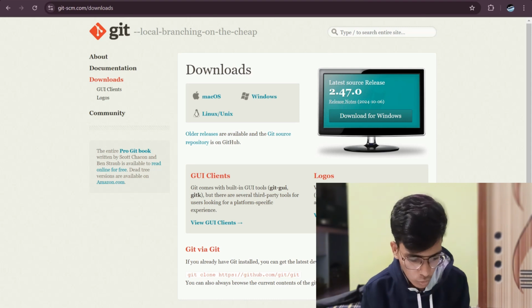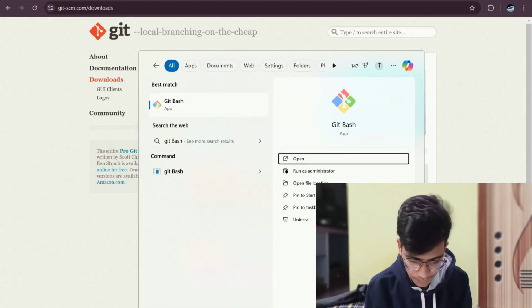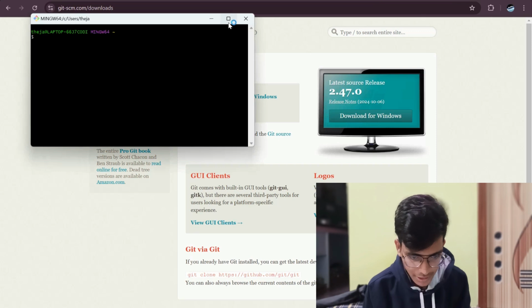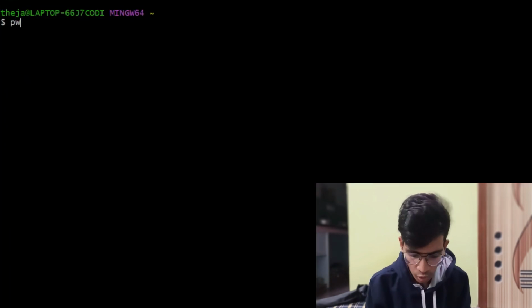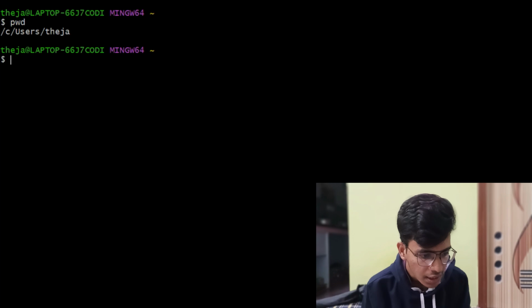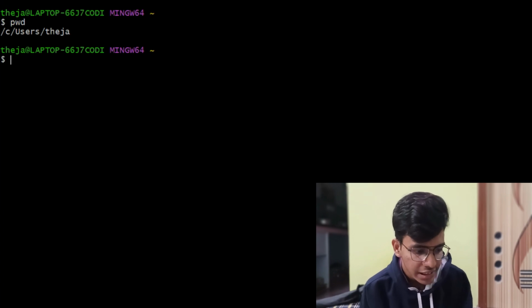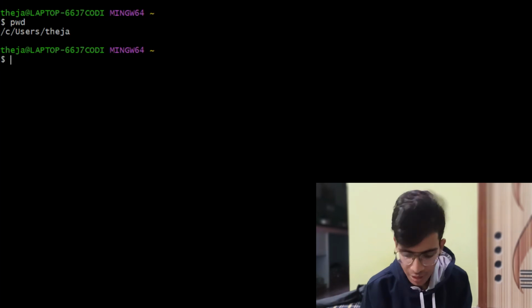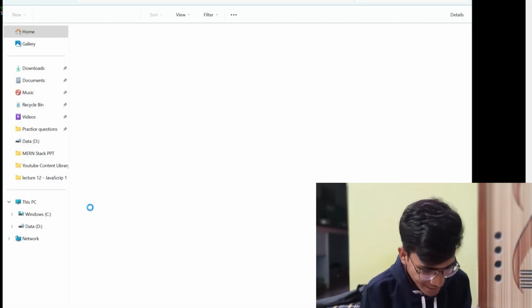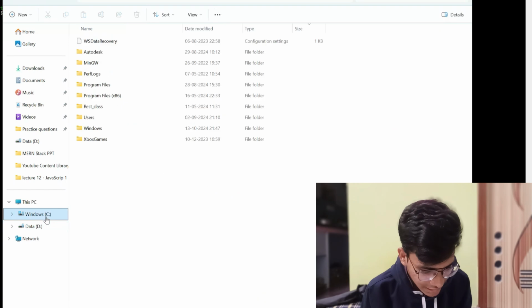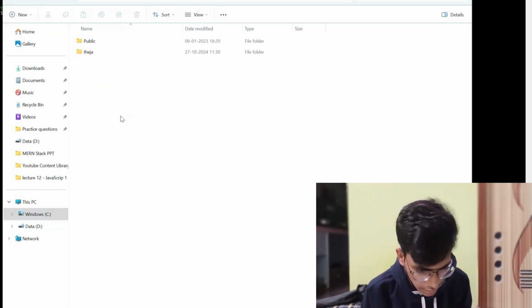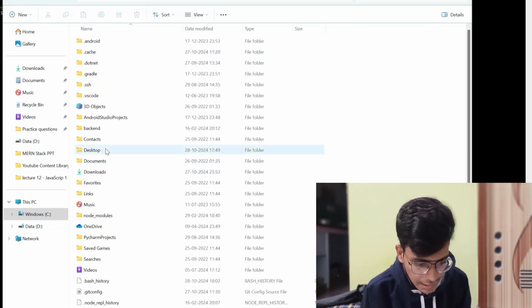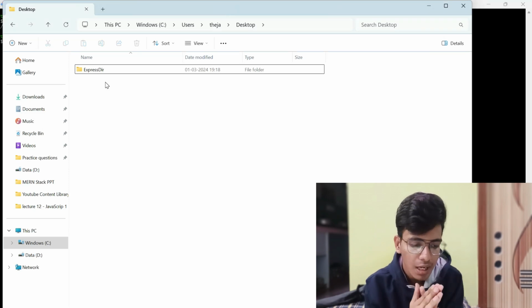Now what I'm gonna do is open my Git Bash. This is my Git Bash. First of all, let me check what the current location is. pwd, this is my current location. C users Daja. Right now I will go to desktop. Let me open my files here. First of all, let me check where I am. So in C drive, users Daja, and here, I'm gonna clone my